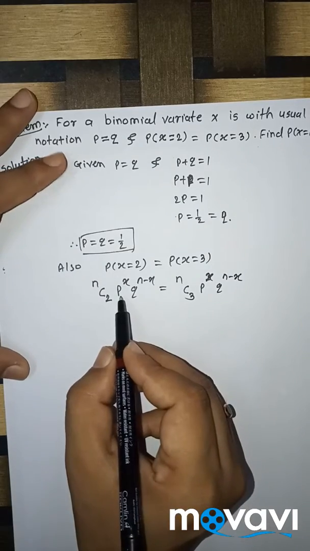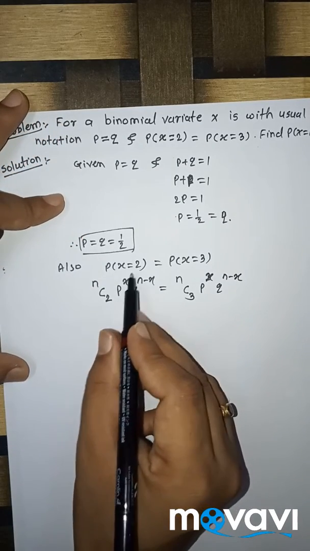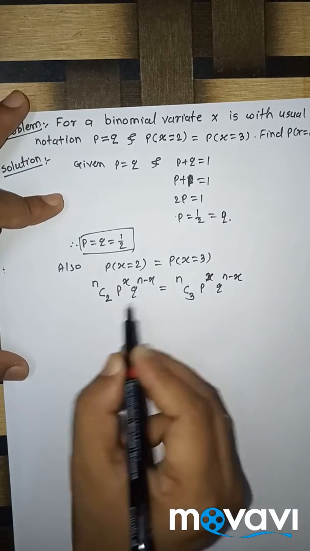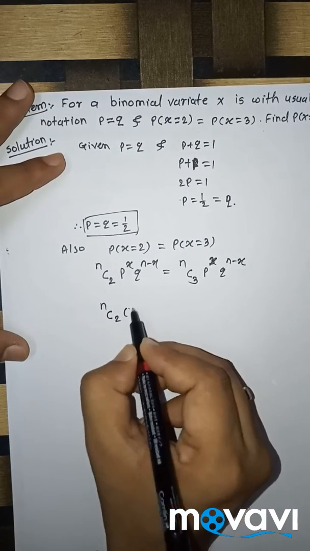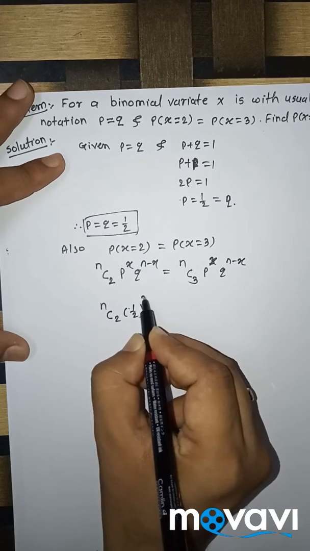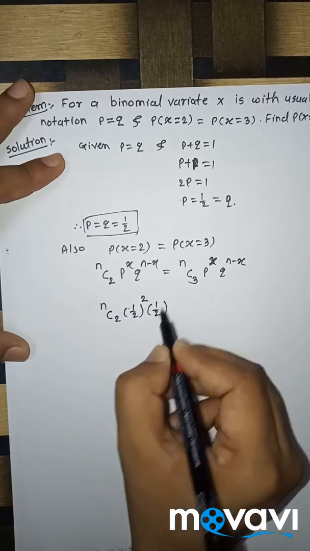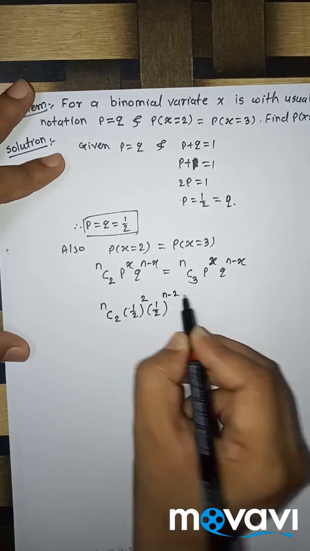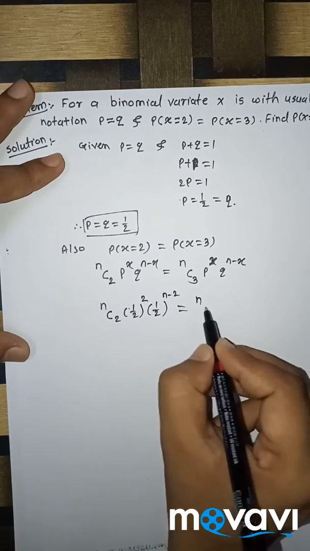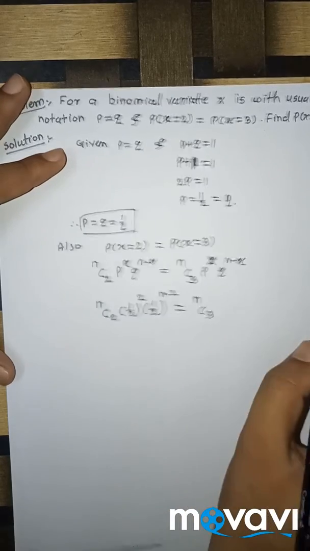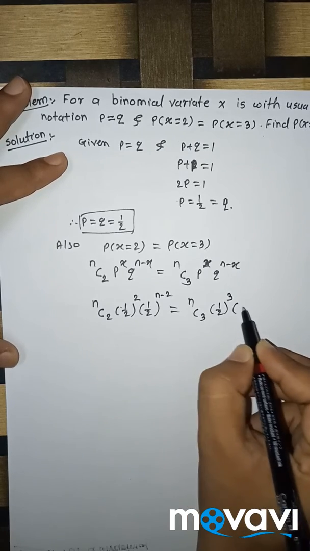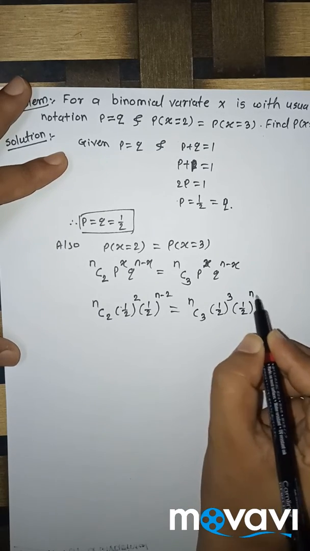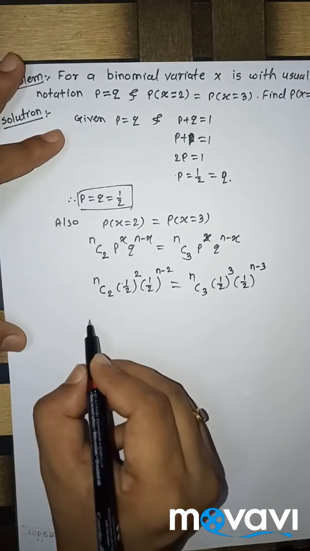Here p is half, q is half, x is 2, therefore nC2 half raised to 2, q is again half raised to n minus 2. This is equal to nC3, p is half raised to 3, q is again half raised to n minus 3. This is equal to